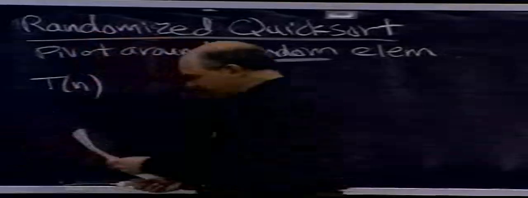Now we're going to do simple probability analyses. In the graduate classes, we do what are called high probability analyses. So here we're going to just look at very simple things like expectation. Actually, that's not quite true. We're going to do a couple of proofs that are high probability in this class. But today we're only going to do an expectation proof, showing that the expected time is good. So the analysis is we let T of n, which is no longer going to be a fixed value. It's now going to be a random variable for the running time.